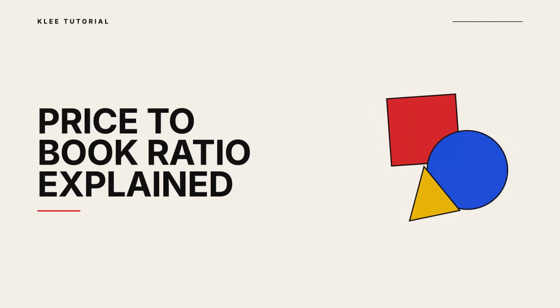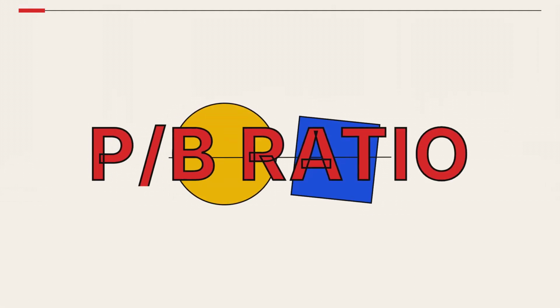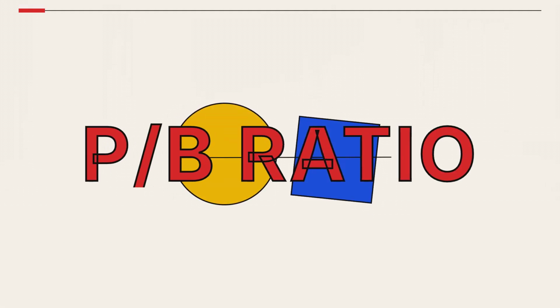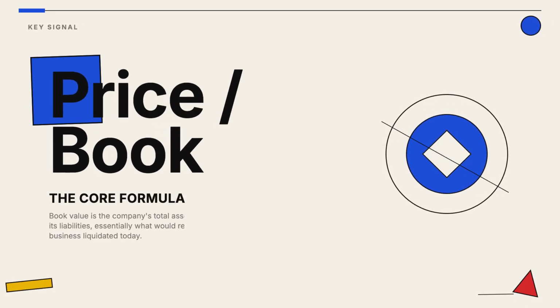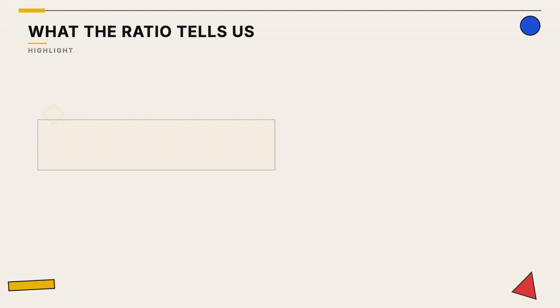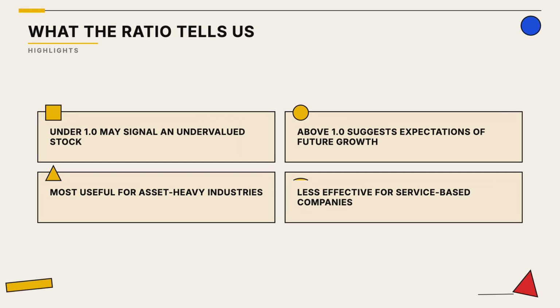The price-to-book ratio is a common metric used by investors to compare a company's market price to what it actually owns. It is often abbreviated as the P/B ratio and helps investors identify if a stock is potentially undervalued or overvalued. To calculate it, divide the current market price per share by the book value per share found on the balance sheet. A low ratio might mean the company is a bargain, but it could also mean the business is